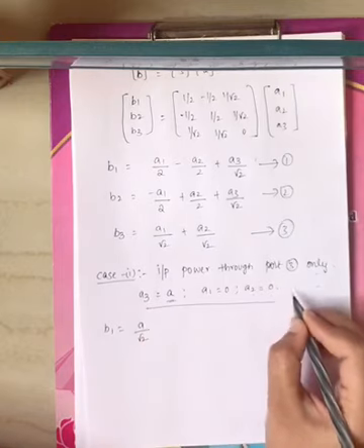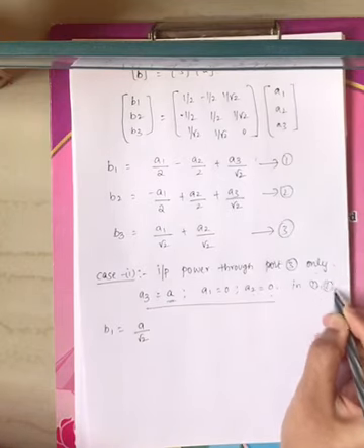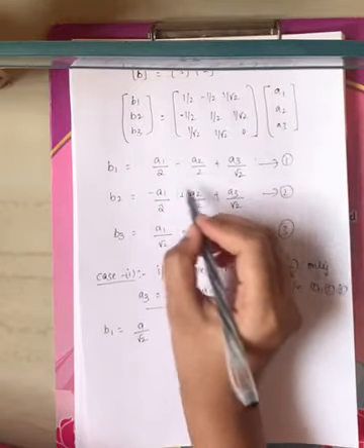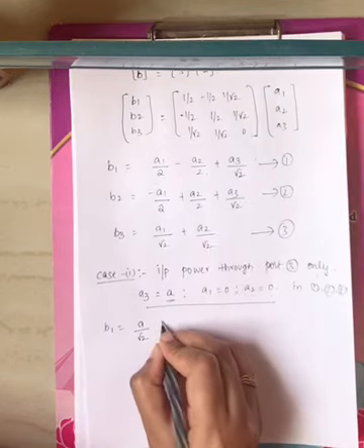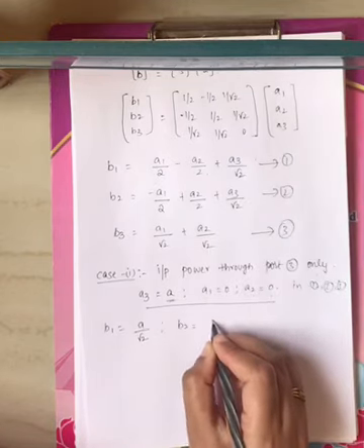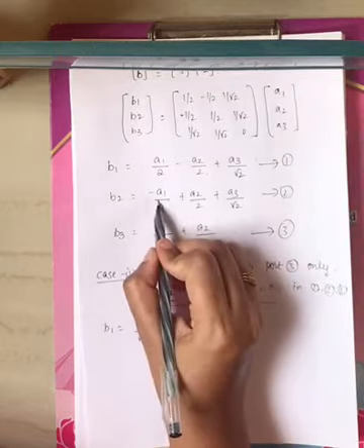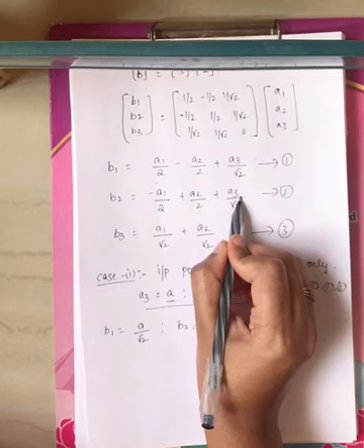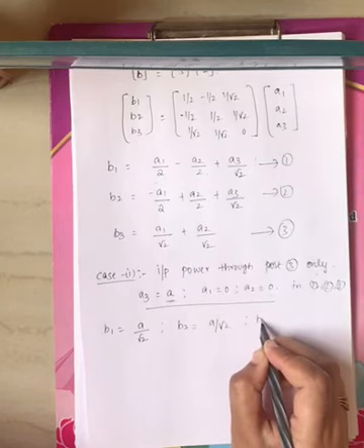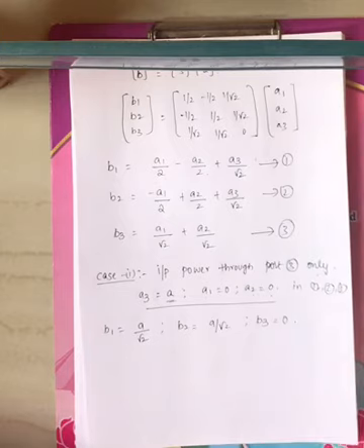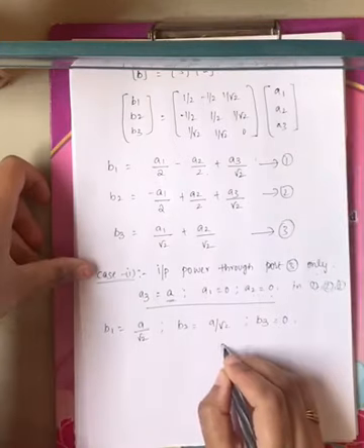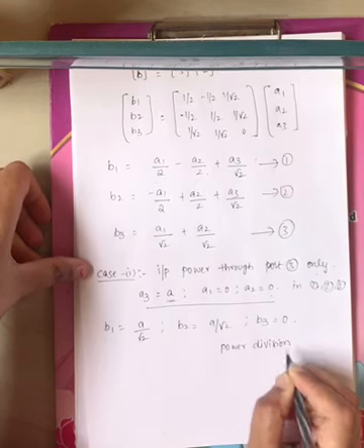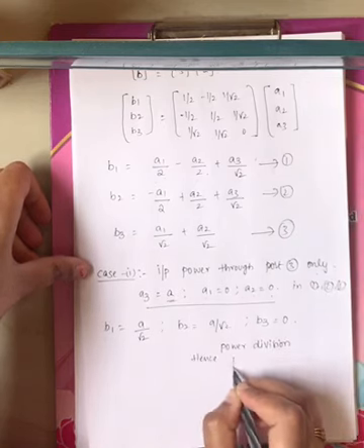Now if I substitute all those values in equations 1, 2 and 3, what is B1? A1 is 0 and A2 is 0 because you are not giving any input power from port 1 and port 2. What you will get is A by root 2. Now what is B2 that you are getting? A by root 2. A1 is 0, no input power from port 1, no input power from port 2, and A3 is some amount of input power, so B2 is A by root 2. Now what is B3? 0, right? Now which property is it? Power division property of the H plane T junction, hence proved, right?